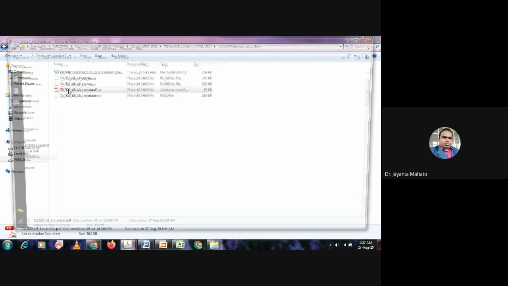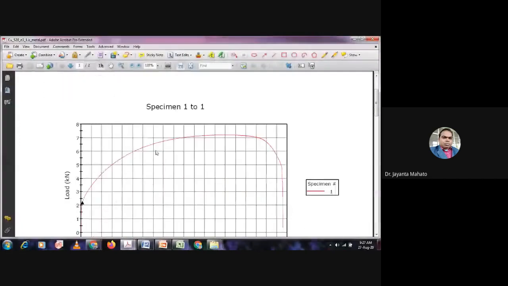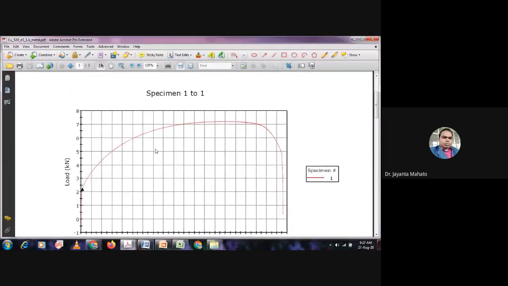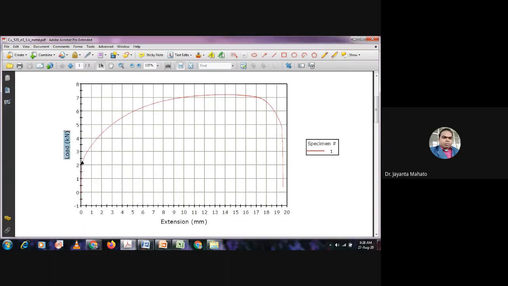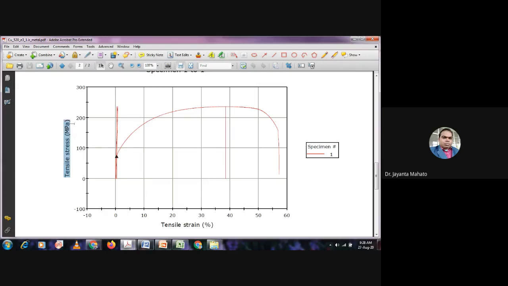In this PDF file, you can modify what type of curve is shown: either a load versus extension curve is required, or a tensile stress versus tensile strain curve is required.